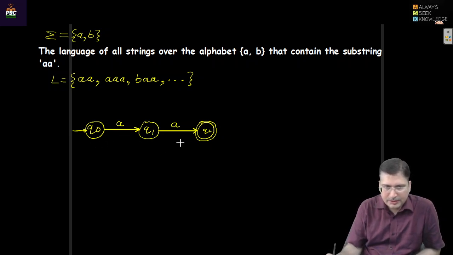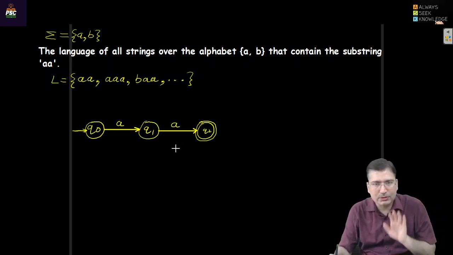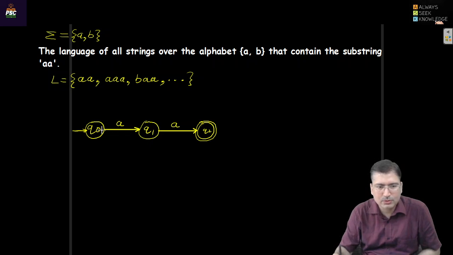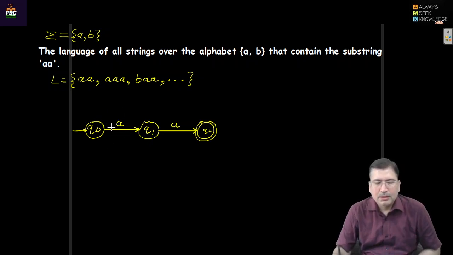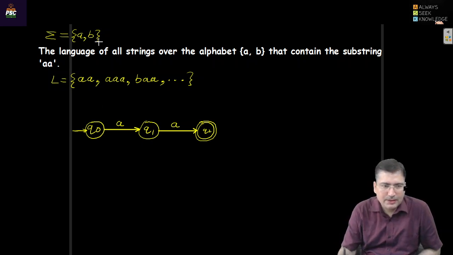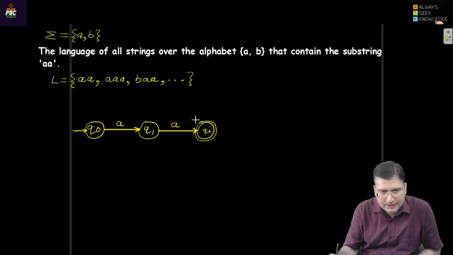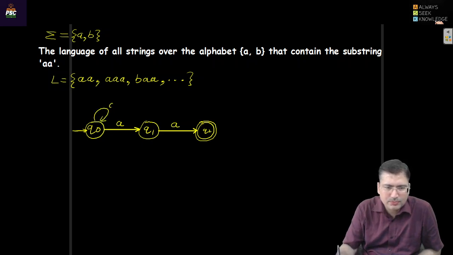Now this automata, as of now, is non-deterministic because there is no transition I have defined for B. And in the definition of deterministic, we know that if there are two input symbols, on every state there has to be a unique transition for each and every input symbol. So let us improve that. If B is coming, B may come in the beginning. So for B, we can put a loop. It's not a problem,